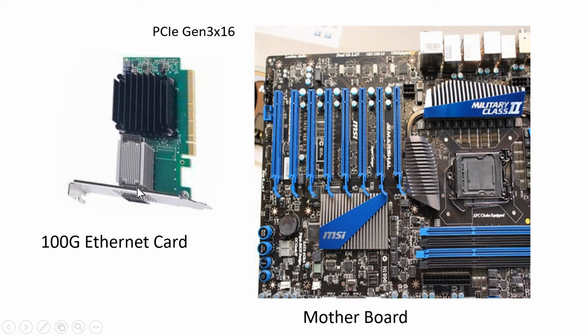So if you compare, this Ethernet has 100 gigabit per second data rate and this PCI has 128 gigabits per second data rate. So this is not a limitation. It is more than 100 gigabits per second. Now in my practical problem, the 100 gig board was absolutely fine. It was working. And this motherboard and every slot was working fine.